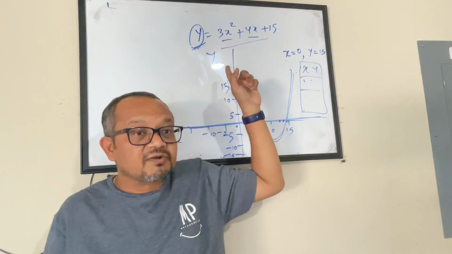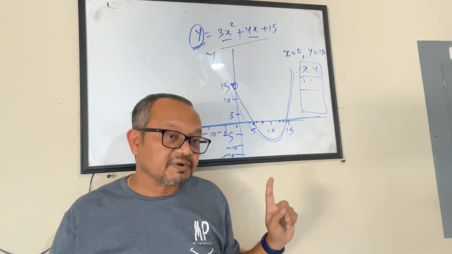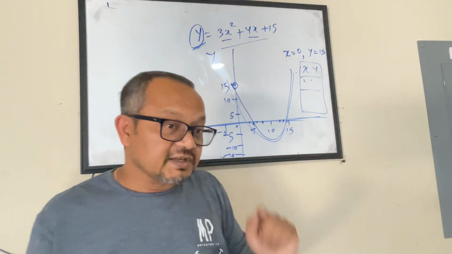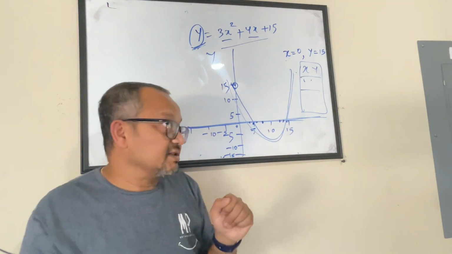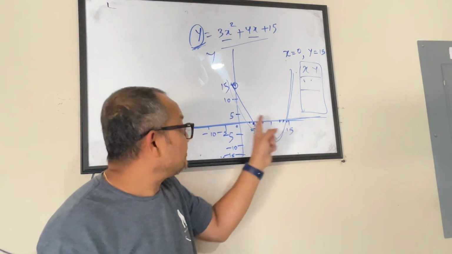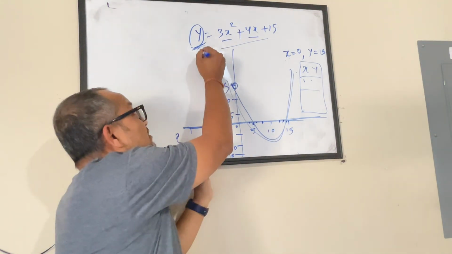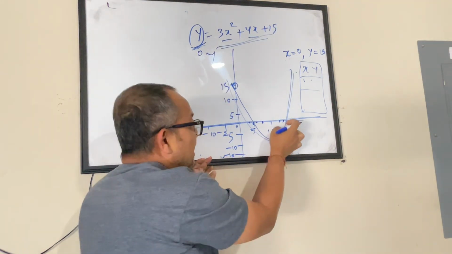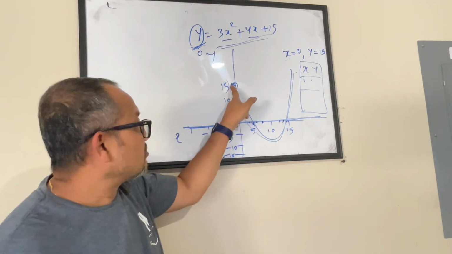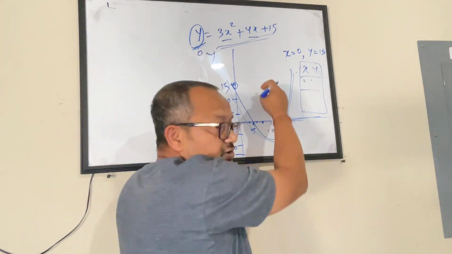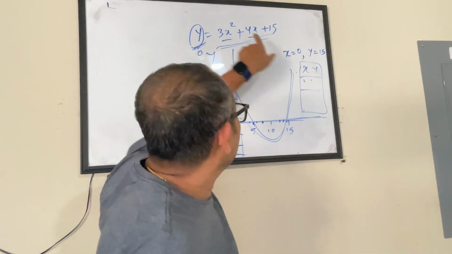Now we are just looking at what is an x and y intercept of a parabola. So x intercept of a parabola means where it will touch the x-axis. When will it touch the x-axis? Where y equals 0. So you put y equals 0 and solve it for x, and then you get 2 points. And then you already got 1 point. You probably can try finding out 2-3 more points based on this contract.